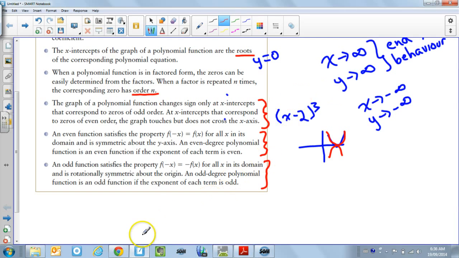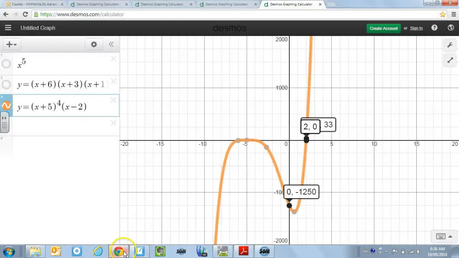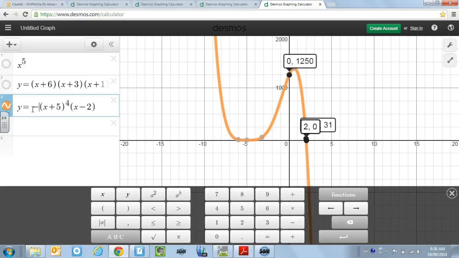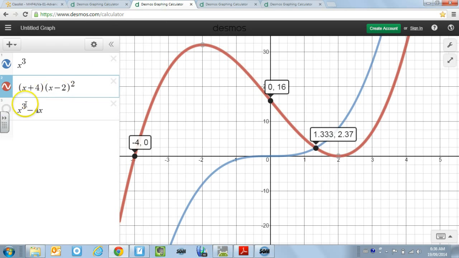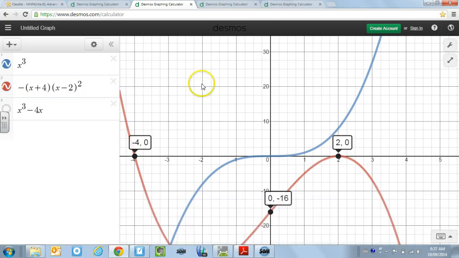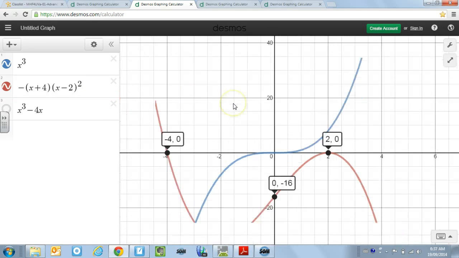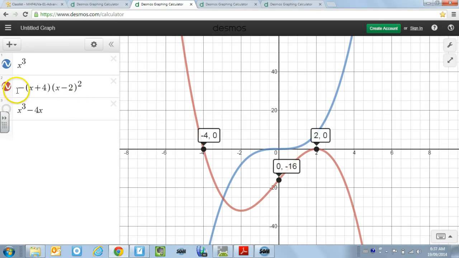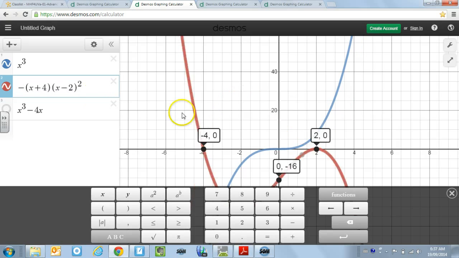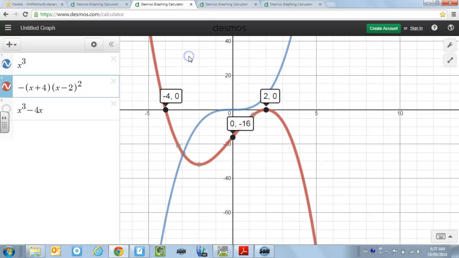That does remind me of one thing that I missed or didn't state, so I'm going to jump back here fairly quickly. If we have a negative sign in front of anything that we've done so far, and that's maybe not the best example, what happens is essentially any values that had been positive now become negative, and anything that had been negative now becomes positive. So you see with this red one here, I basically have the same shape, but again starting in the positive areas